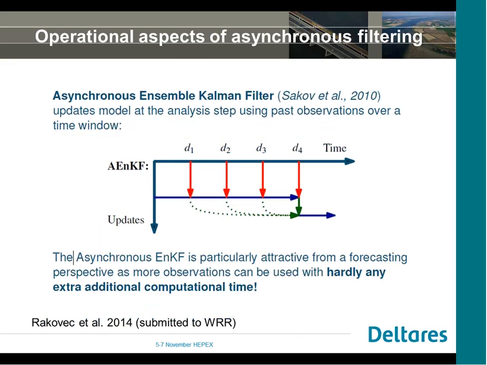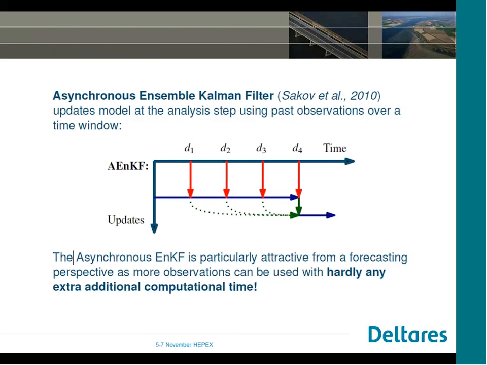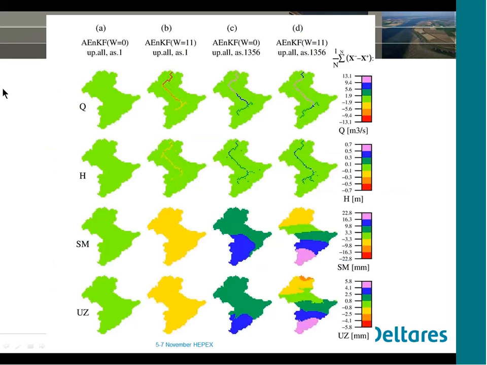Yes, I wonder if you have ever evaluated also the impact of this assimilation to neighboring and onboard basins, because I've seen very little of this kind of evaluation. You mean the basin next to here? Actually, I had a master student working at this this year. We followed the same approach for the whole of the Meuse basin and did the update for the whole Meuse basin, which consists of like 14, 15 of these types of lumped catchments. And there you see that you can do the whole thing.